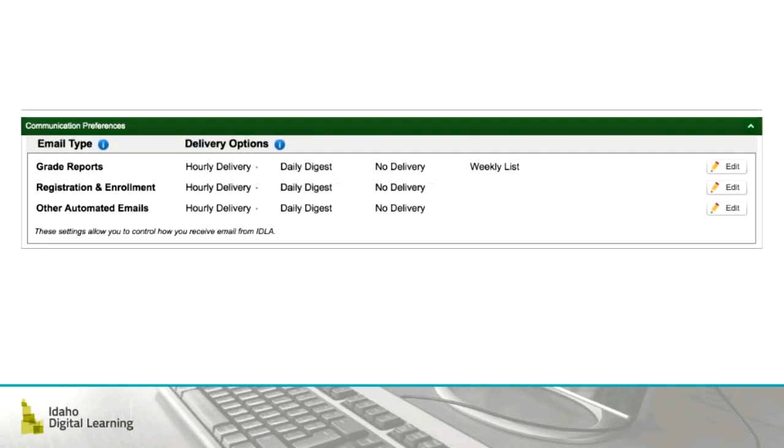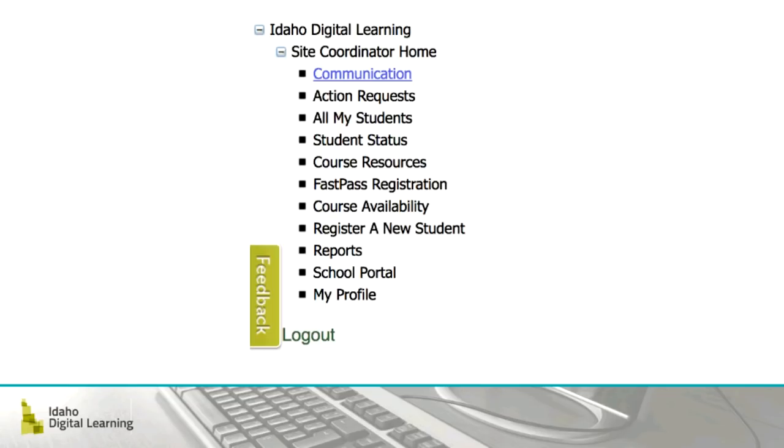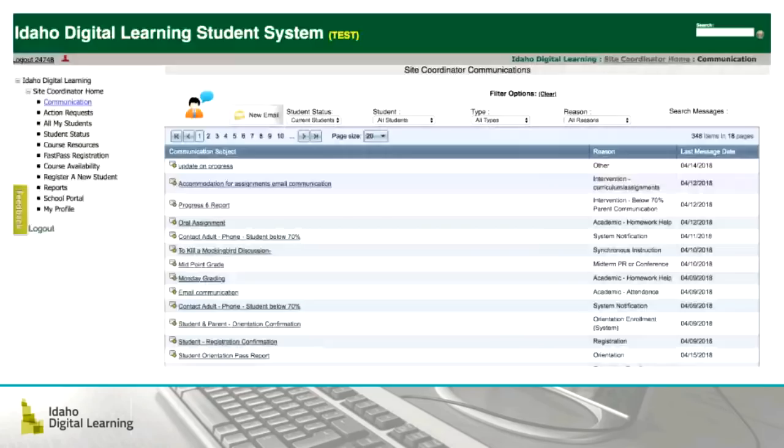All right, let's go to the next portion, which is about sending communications. So the communications system in Thesis has a lot of cool functionality. This is the top menu item in your site coordinator home in Thesis. In that area, you will have the ability to see all the communications that have gone to students that you're in charge of. This should include all the emails from their teachers and all the automated emails. All of those should be in this area, and you can use filters to filter communications,